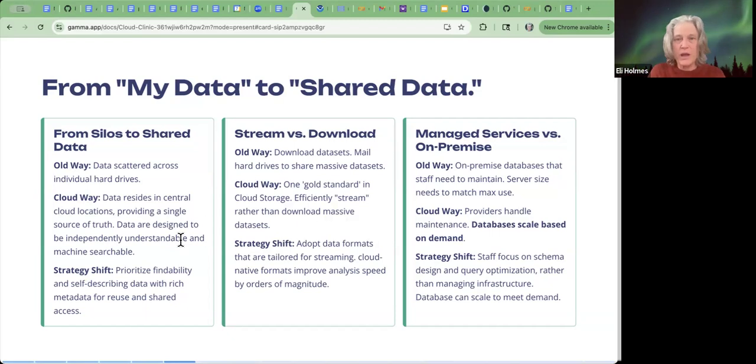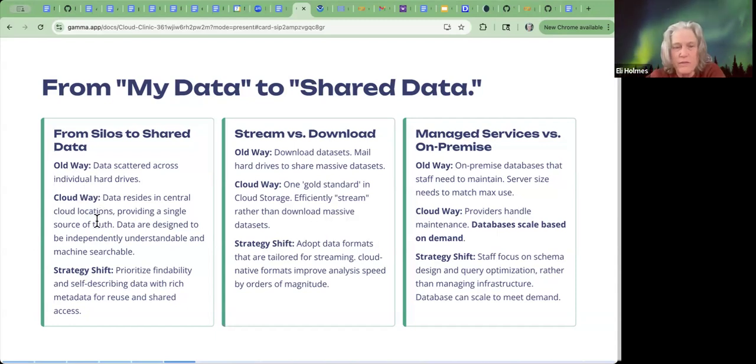Small group of people, to shared data. And there's some changes that come with that. So like in the old way, you have this data scattered across, say, individual hard drives or servers. And when you're moving to shared data, the data is residing in more central locations. There's one version of that.